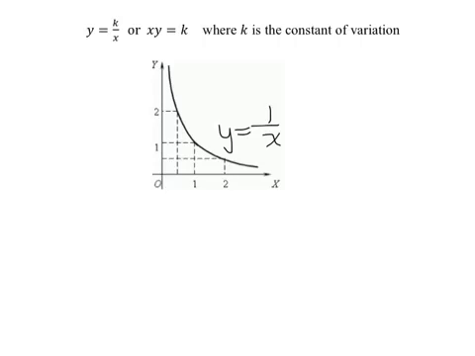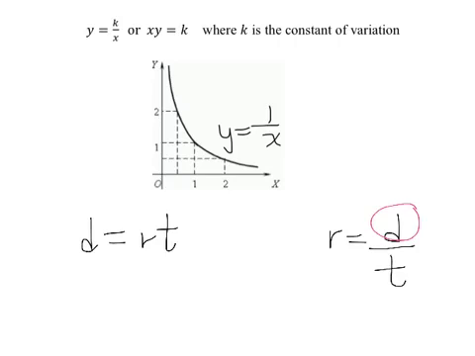One obvious application of this is the formula that we've already studied, which is d equals rt. So we'll see here that if we think about a certain distance d when we travel to school, if we travel at a faster rate, what happens is the time decreases. So if we solve for r, we get r equals d over t. Well, this variable here we'll say is a constant, right? This is the same distance no matter what. It's not changing, the distance from home to school. But if I increase the rate,